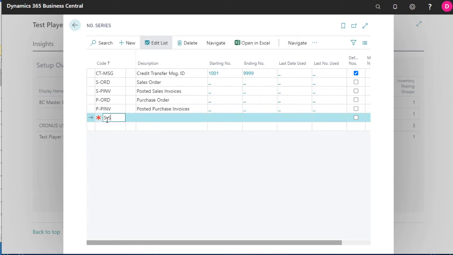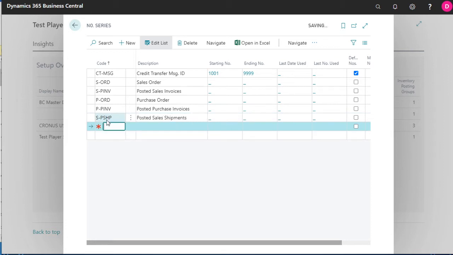Let's see, so sales. I know I need at least posted sales shipment. I don't know if I need the interim sales invoice number, posted sales invoice, posted sales shipment. Yeah, whatever. I think I can go ahead and use the same number series for both, and if for some reason someone deletes a sales invoice or sales shipment, which players won't be able to do, it would leave a gap in the number series. That's fine. And we'll get into what I mean by that in a second if you don't know. So let's see, posted sales shipment,